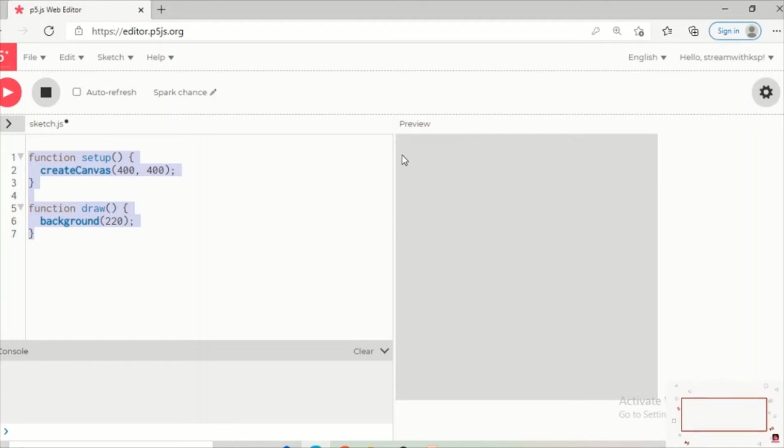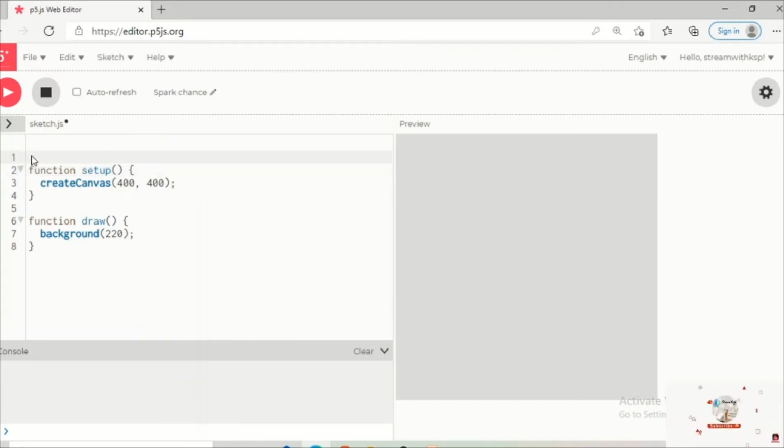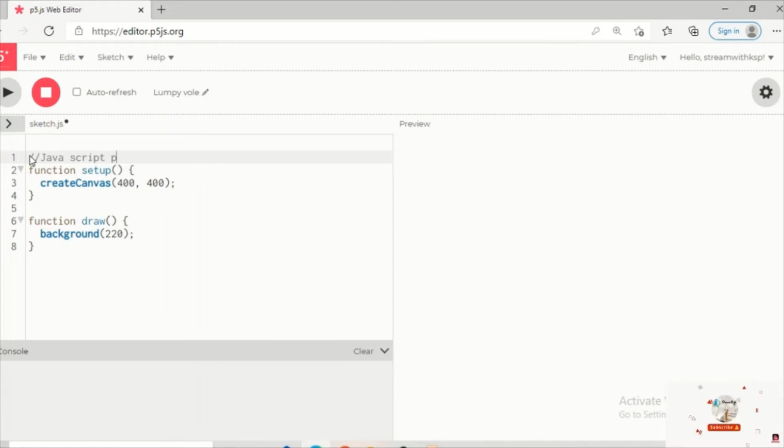And now I will explain the coding which is available here. Before that, I am going to write the programming language name which we are going to use in this class. In line number 1, I will write the programming language name, JavaScript programming language. I have written this programming language name by using 2 slashes. In programming languages, 2 slashes indicate comments.